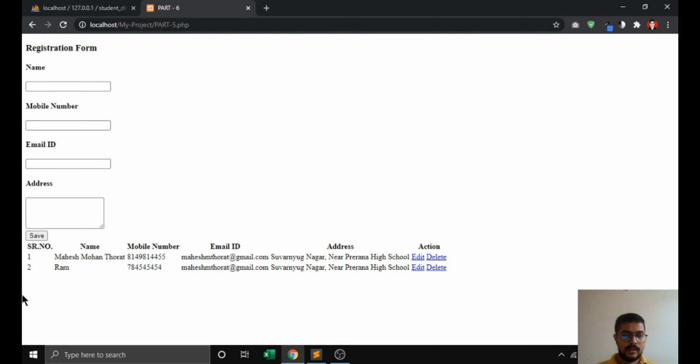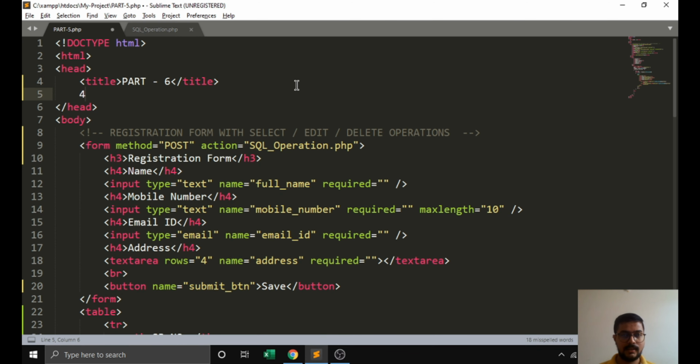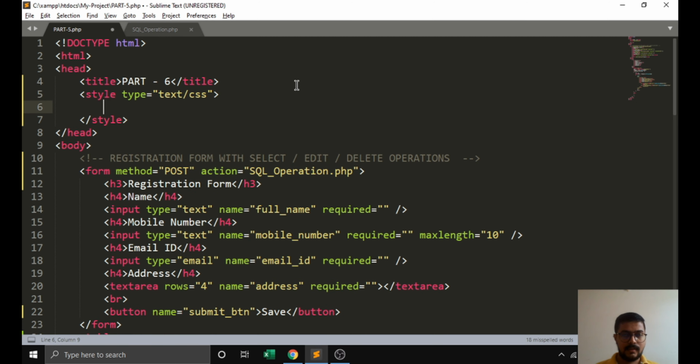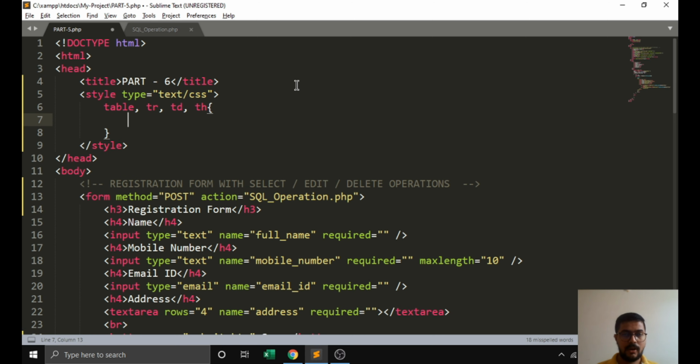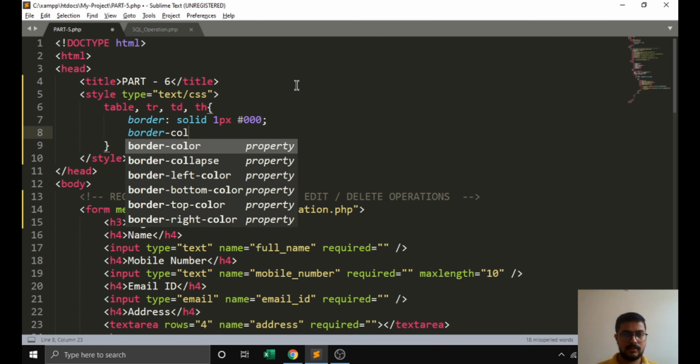We are aligning this part with a style sheet. We have to write style here. Here we can target table, tr, td, th. We write a border here, like solid 1 pixel. Here we add the border-collapse property also.